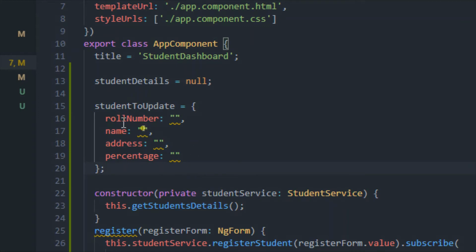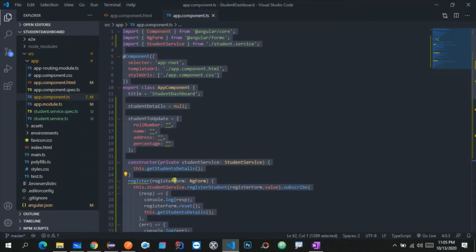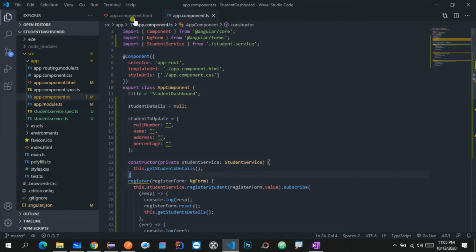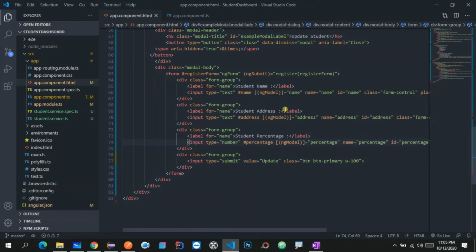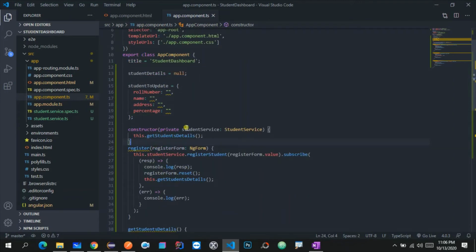Now over here we have all the fields, but we have not bound any values to these fields. As of now, let's say I have all these fields, and what we want is just the name and address to be bound to these particular fields. I will also tell you diagrammatically how things are going on. So let me write the code first, and then I will try to explain.